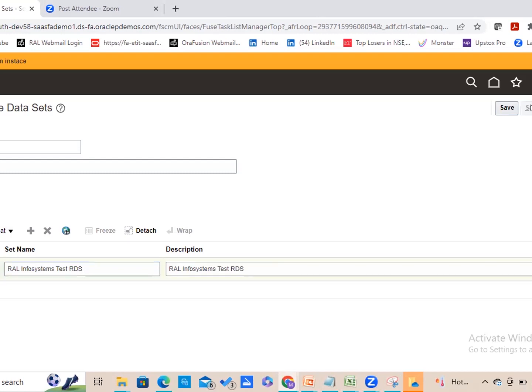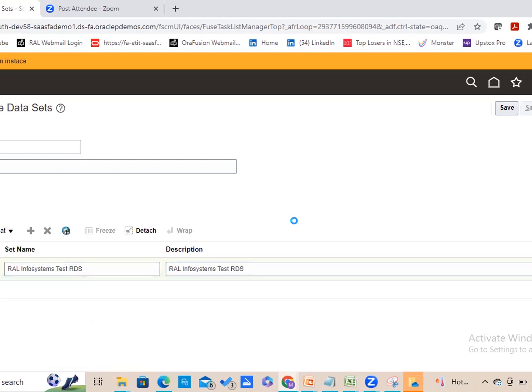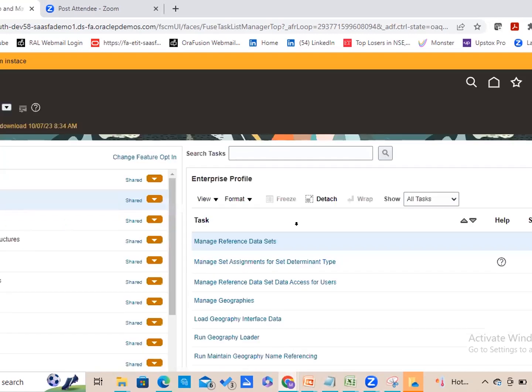Let's say this is a new reference data set. Okay, code has to be in uppercase. Okay. Now this is a new reference data set. Okay. Now, what we are going to do,